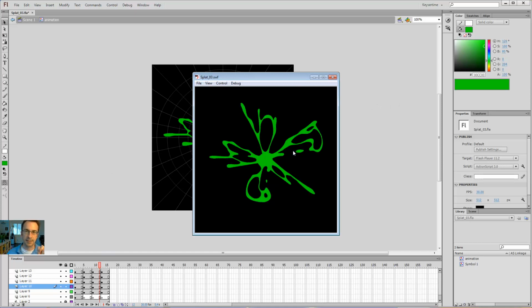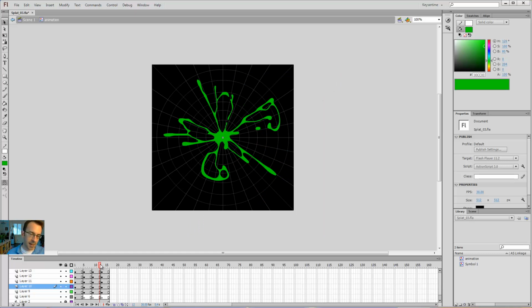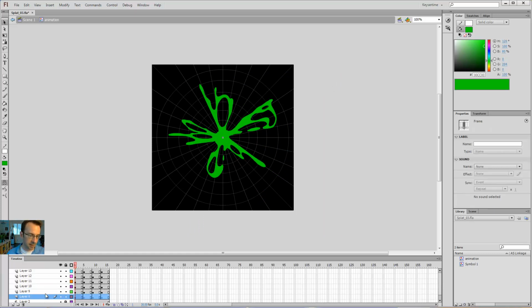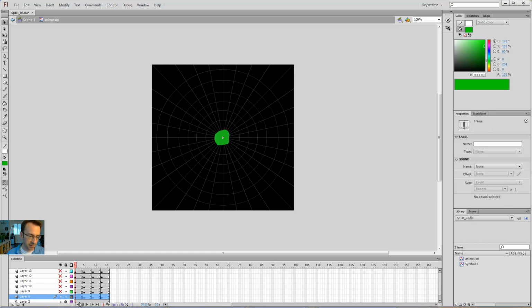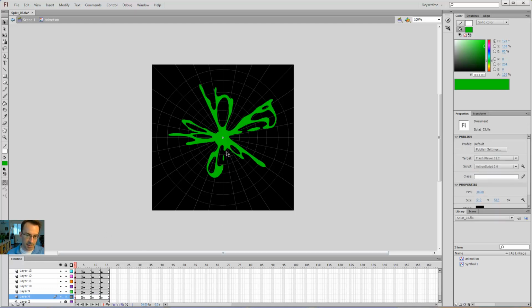Everything is splatting and then dissipating at the exact same time, and I want to give it some variety. Let's switch it up. So the first thing I realized was if I hide all these other layers, this center piece, I don't need it. We'll delete it. The second thing I realized